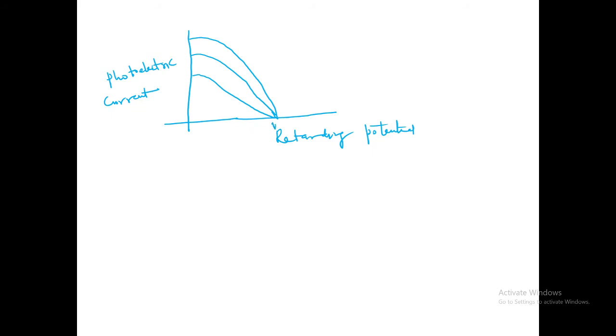And this is the point where V naught, this point corresponds to V naught, this one corresponds to I, this one corresponds to 2I, and this one corresponds to 3I. In this case frequency is constant, nu is equal to constant, but the number of photons striking per second is not constant. Okay, so here frequency is constant,